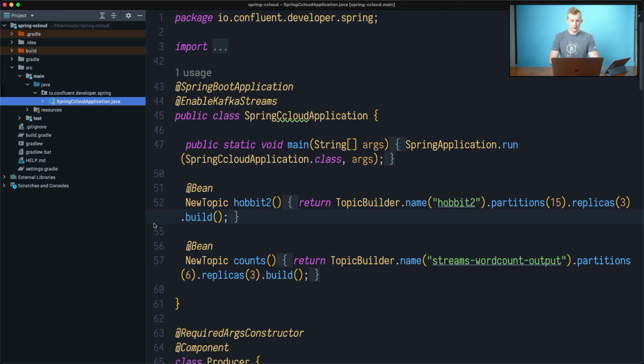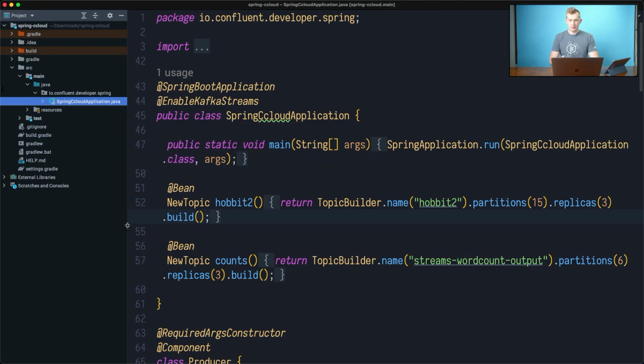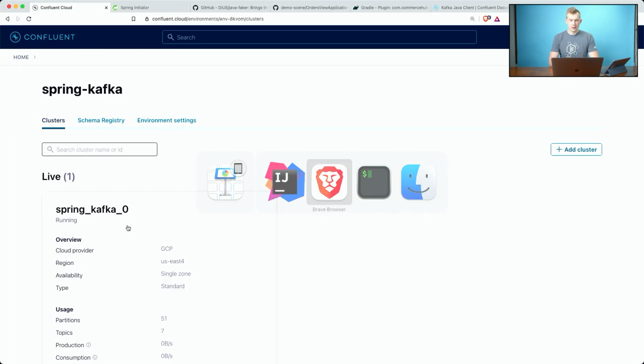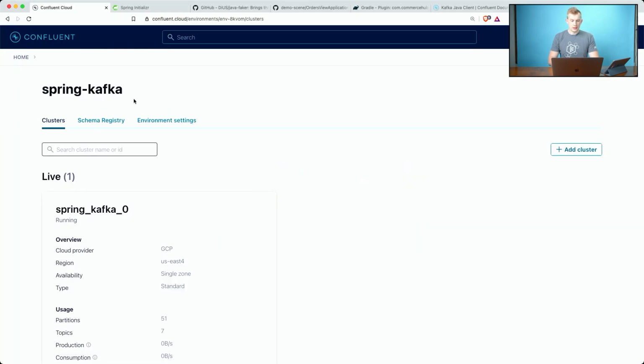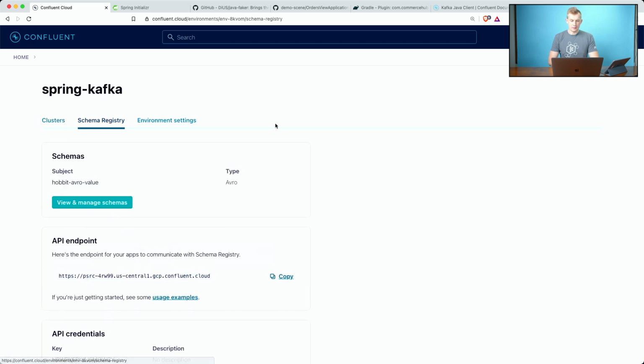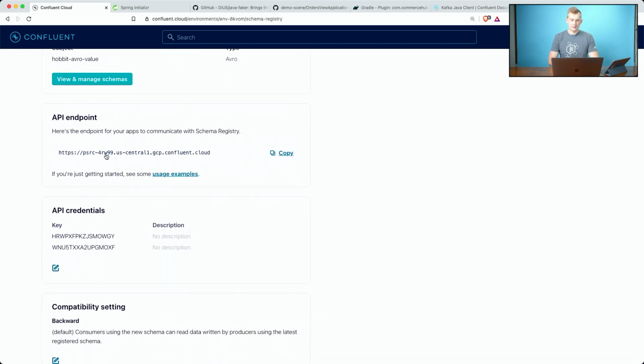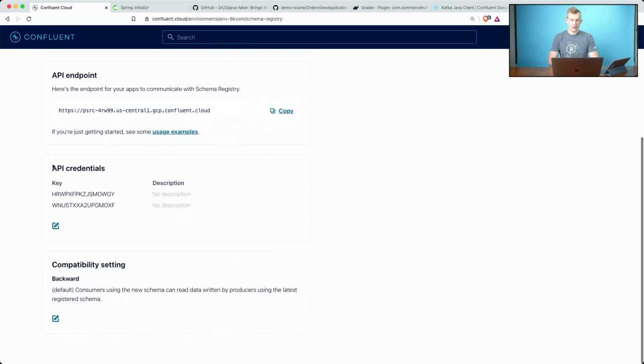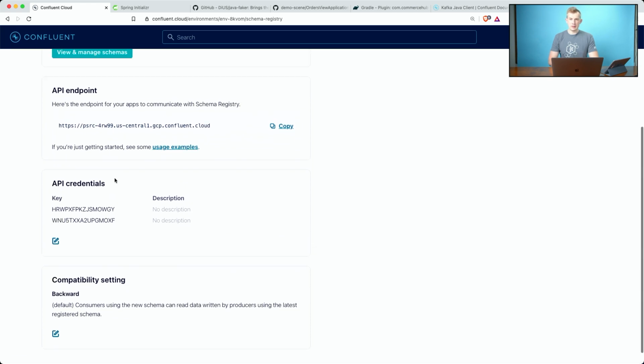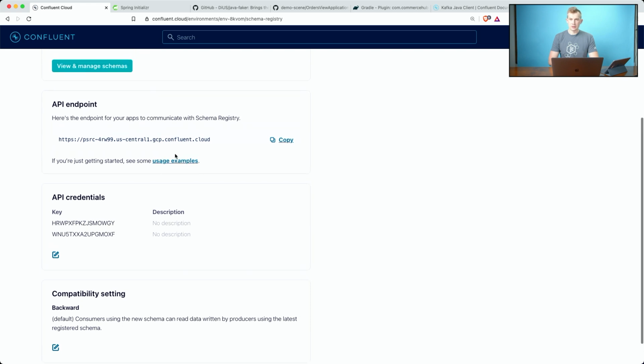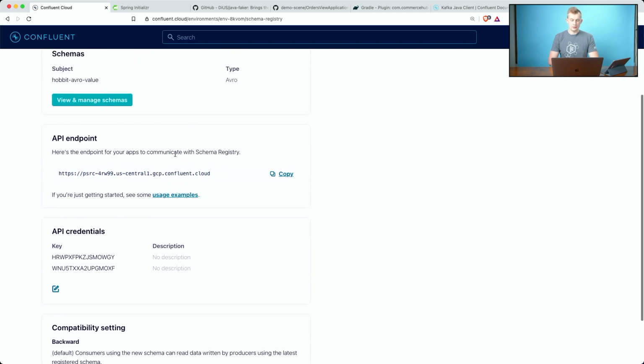And we're back to our application that we developed in the previous lesson. In order to use Schema Registry, we need to make sure that the Schema Registry is activated in our Confluent Cloud. So go into Confluent Cloud in my environment and I find the Schema Registry. I should be able to see something like this, like an endpoint that I will be able to connect to, and some of the keys that I will be able to connect my client application. We'll get back to those in a few seconds.